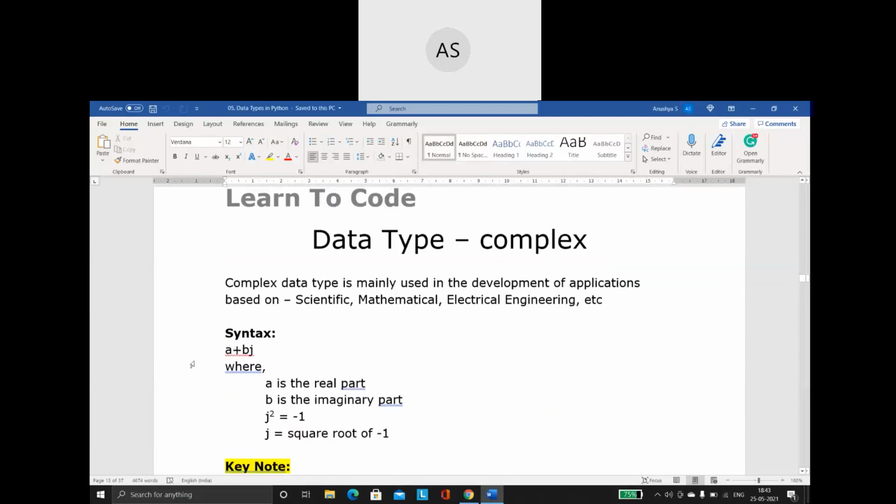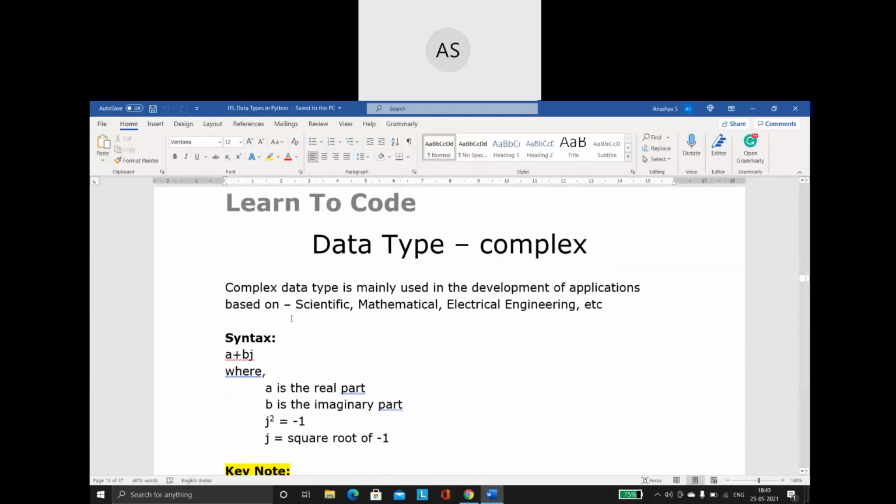The next data type we are going to discuss is called complex. The complex data type is actually not very frequently used in our basic programming. Since we are starting with the basics of Python, where we will be doing some level of programs, in those programs we will not make much use of the complex data type.